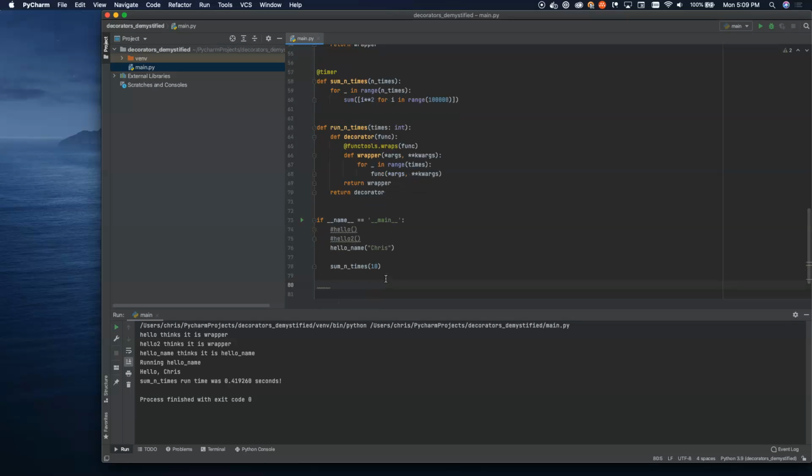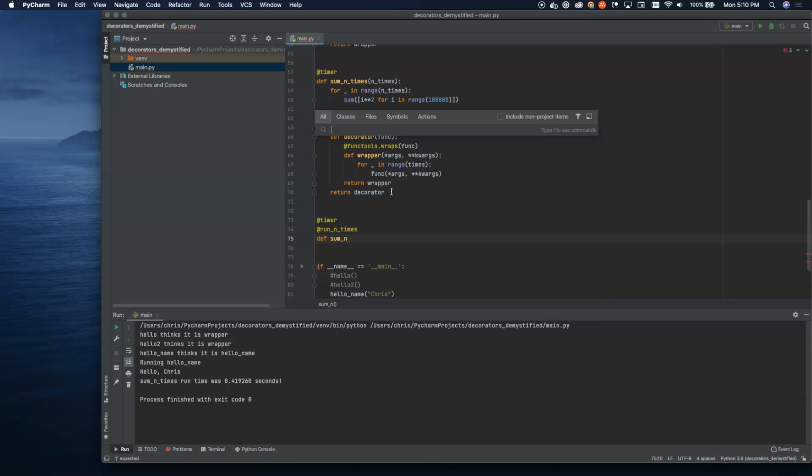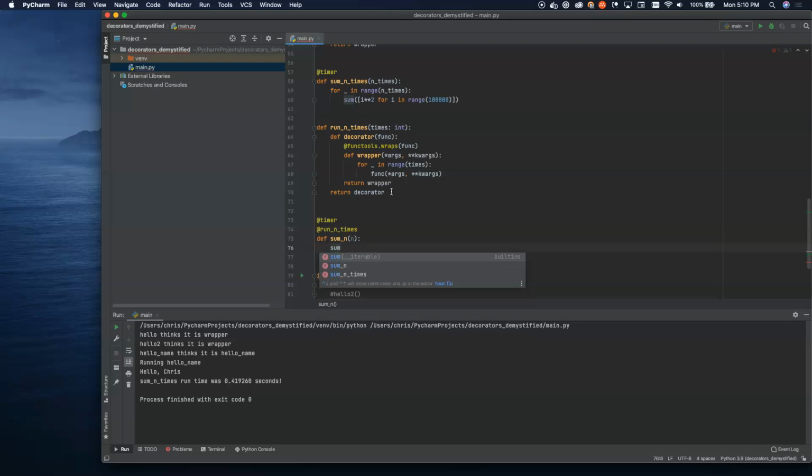So let's actually run. Let's do this. All right. That was a little aside here. Now we're going to use two decorators here. I'm going to use timer. I want to see how long this runs, and I want to say run n times, and I'm going to define a new function. So we're going to call this sum_n. We're going to pass in n. I want to calculate this many times, and then all I'm going to do is call exactly what I called above,